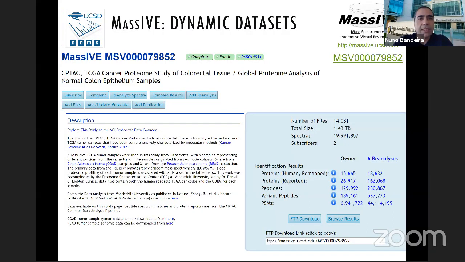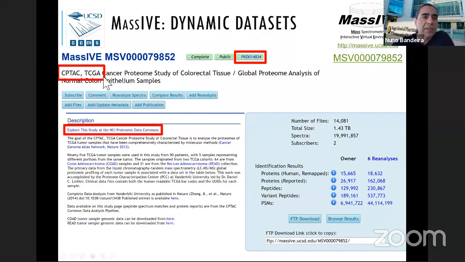And I'm going to highlight a few things on these pages. The first thing that I'll highlight here is how MassIVE connects different resources. So for this particular example, this is actually a CPTAC dataset that is originally deposited at the NCI Proteomics Data Commons, but was deposited in MassIVE to then get a Proteome Exchange identifier, which is now linked to Proteome Exchange, as you can see through the identifier here,